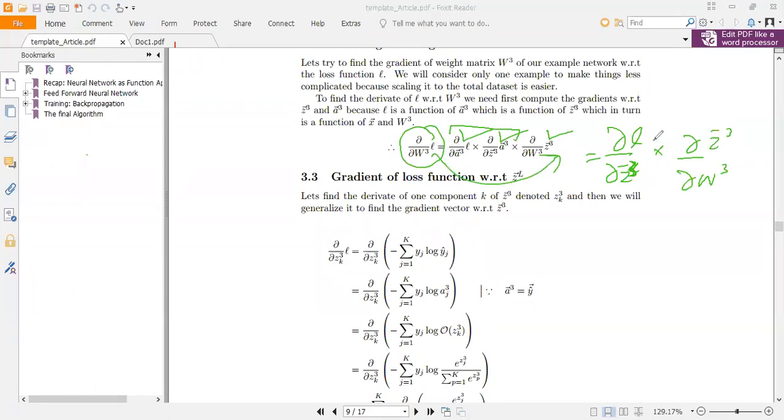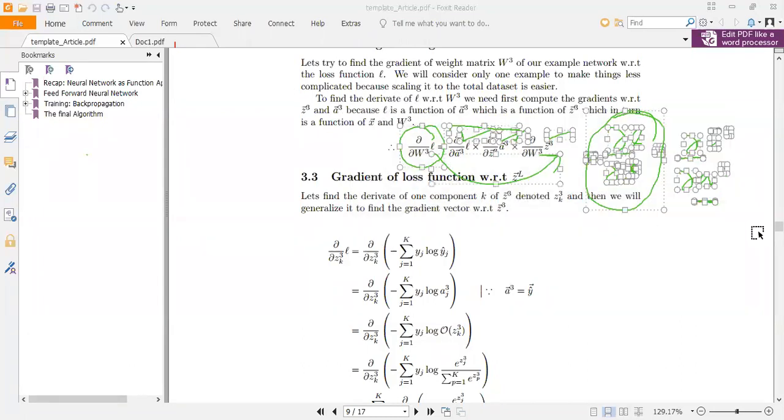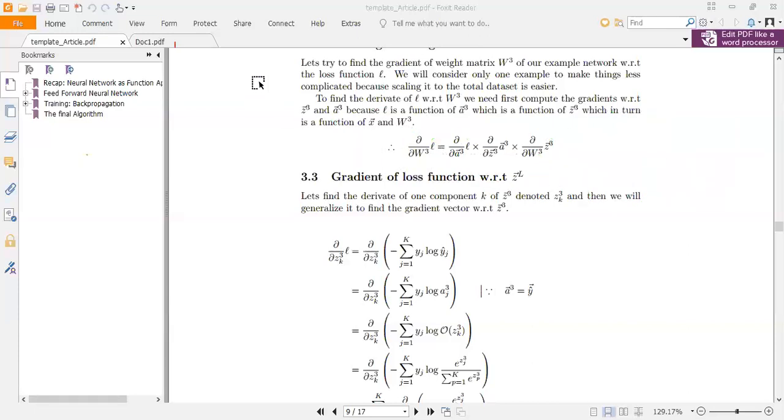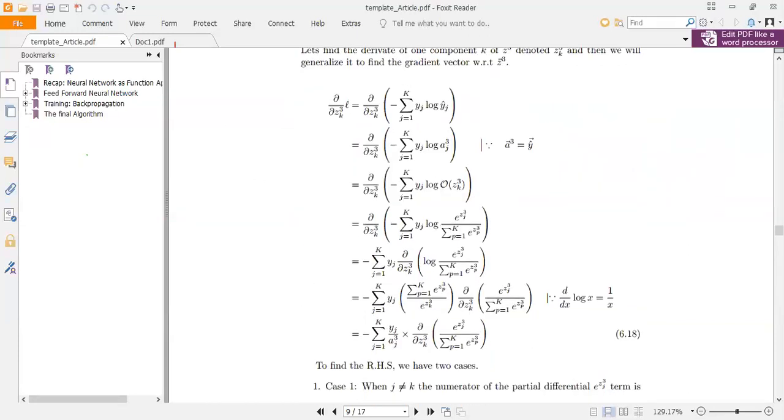So we need to first find out this term, dou L by dou Z3. Then we will find this term, and later on we can find out this. So let us first find out this term. That's what we are going to do. So as you can see here,